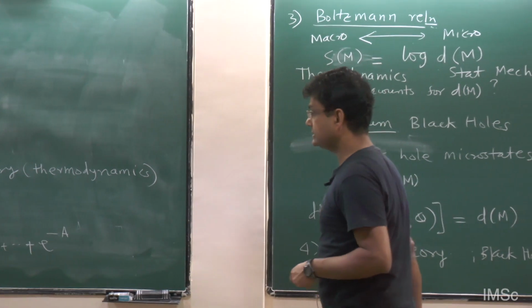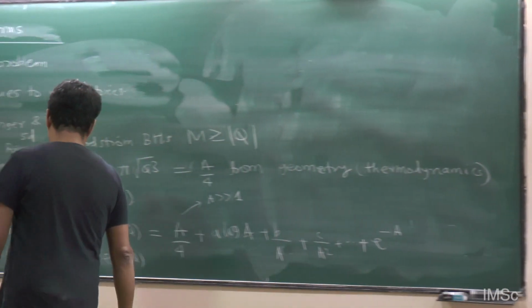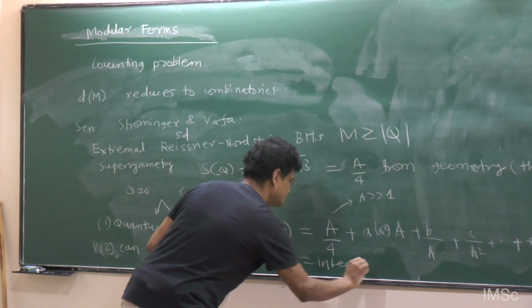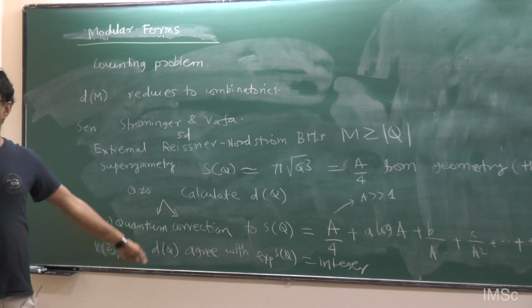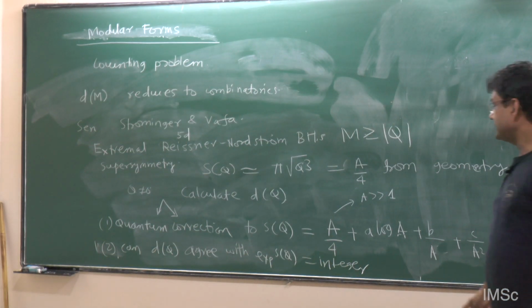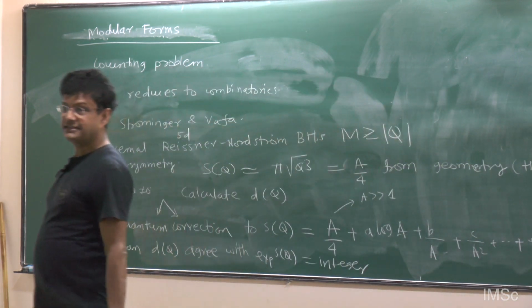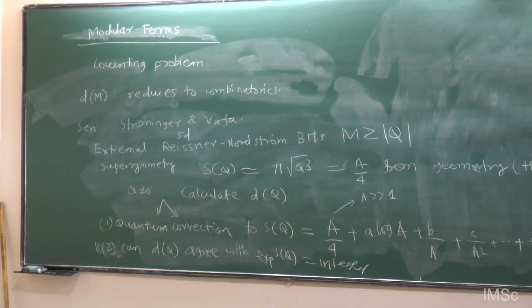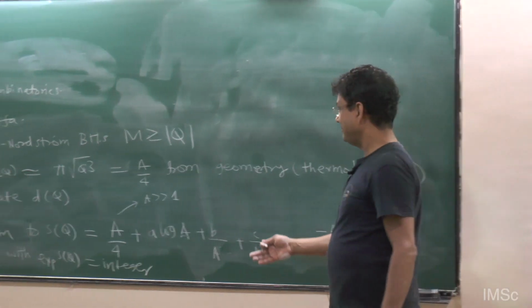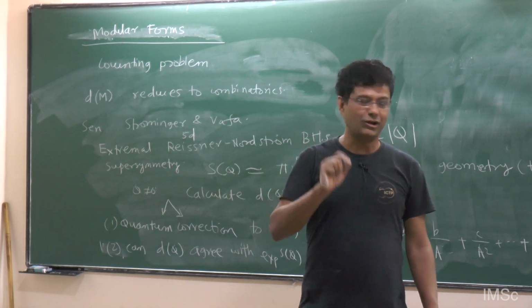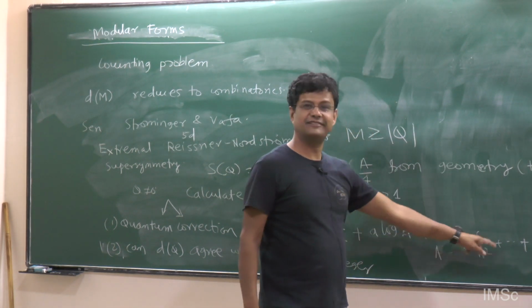And it's quite striking that I'll tell you, the d(Q) should be an integer. So if you are strong enough to calculate all these perturbative and non-perturbative corrections, and you take the exponential of that, since d(Q) is the dimension of some Hilbert subspace, that thing should add up to an integer. And that sounds like almost a miracle, right? By adding real numbers, how do you get an integer? All these coefficients have to be extremely finely tuned.